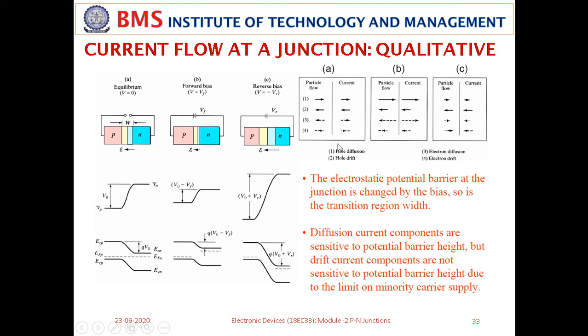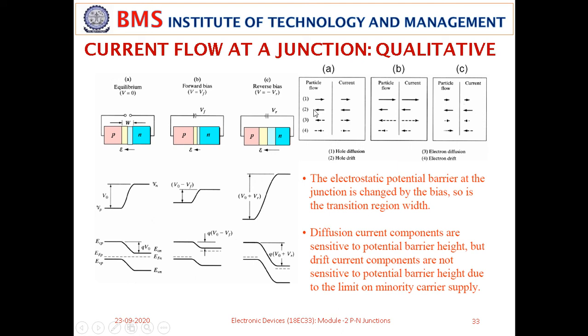It is already stated here, so I need not tell you. The first one indicates hole diffusion, and hole diffusion current is the second box. Similarly, under forward bias condition, holes are diffusing from P to N, and hole diffusion current flows from P to N. In the reverse bias condition, diffusion current is very less. So hole diffusion is less, and hole diffusion current is also less. The length tells you the magnitude of current.